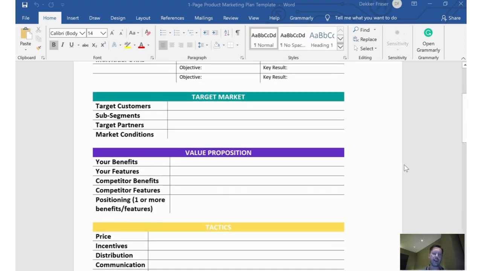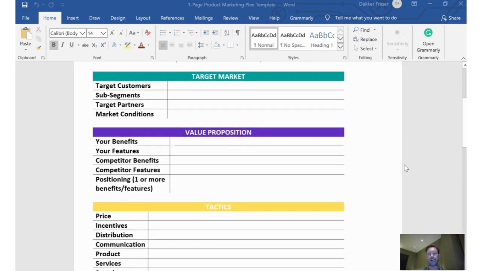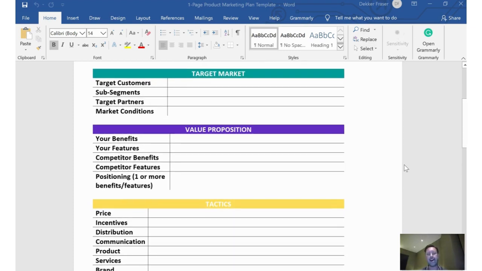The other thing you want to work out is who the subsegments are. So you may have a very strong bullseye target of people that really love your product. They're going to get a lot of value out of it. But then there may be a larger market of people that are a little bit slower to adopt, but really comprise the bulk of where your revenue is going to be after their first few